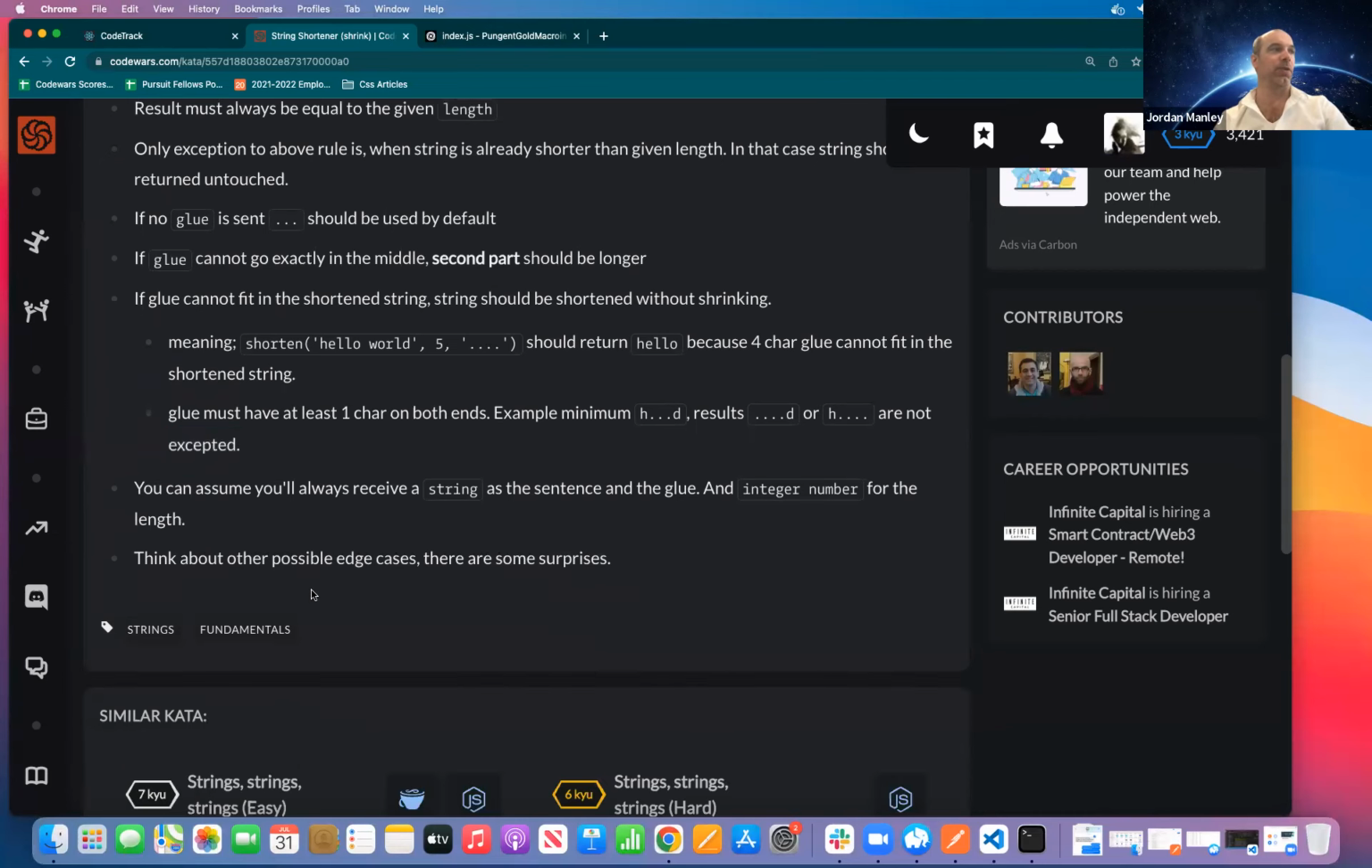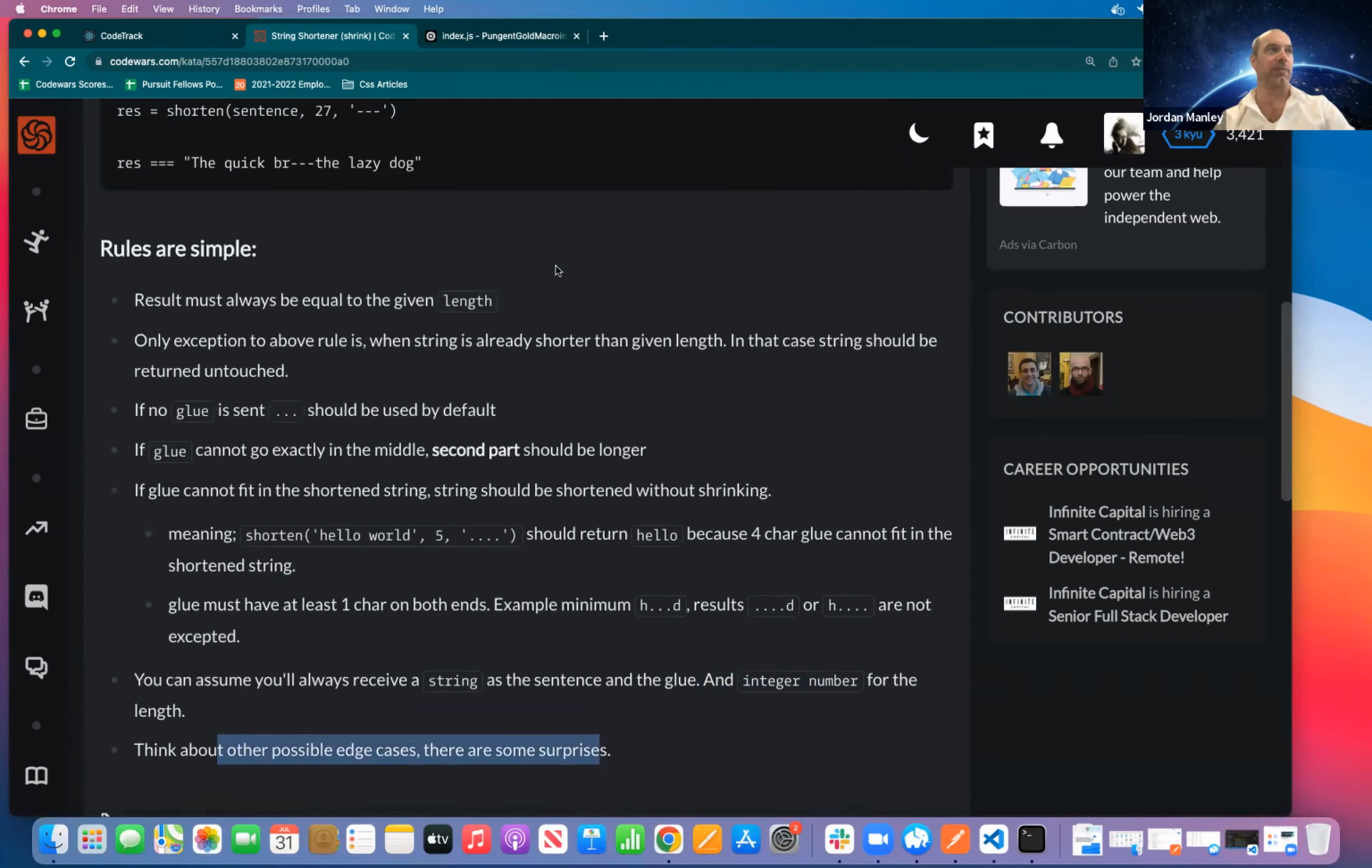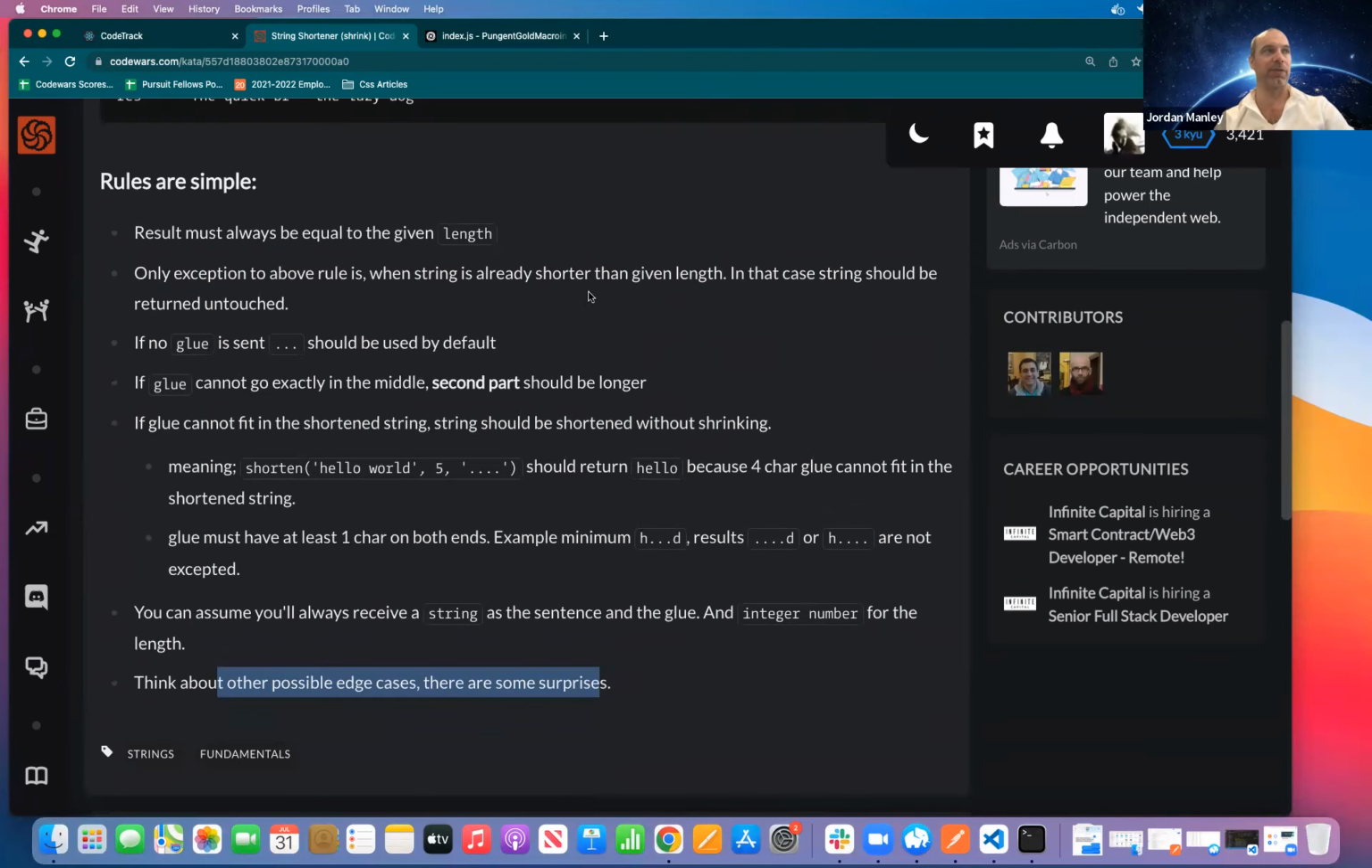You can assume you'll always receive a string as the sentence and the glue, and integer number for the length. Think about other possible edge cases. There are some surprises. Okay, this problem is not nearly as trivial as our last problem, but we will work to follow the same